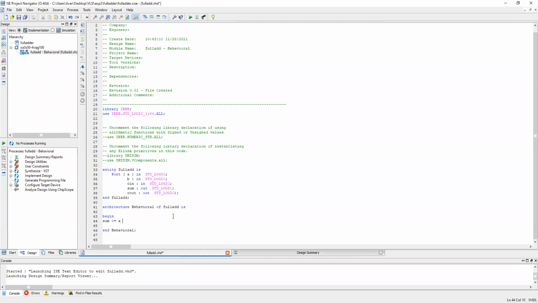A XOR B XOR C in, ended with the semicolon. This is the sum. What about C out? What is the Boolean equation for the C out?